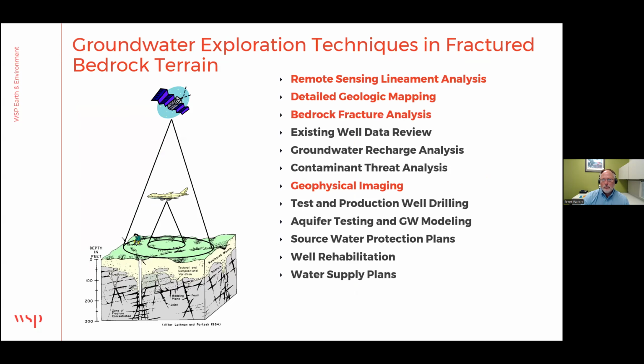Okay, so what do we do as geologists to help us find the proverbial needle in the haystack? There are a couple of techniques that have really changed groundwater exploration. The two primary ones are remote sensing, fracture trace or lineament analysis, and that's advanced with LiDAR, digital elevation modeling and shaded relief maps. In the past it was stereo pair aerial photographs and Landsat. And today it's